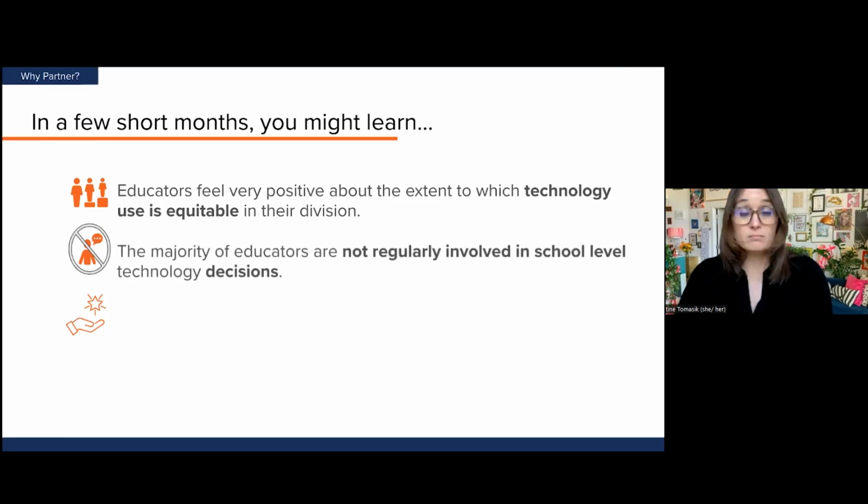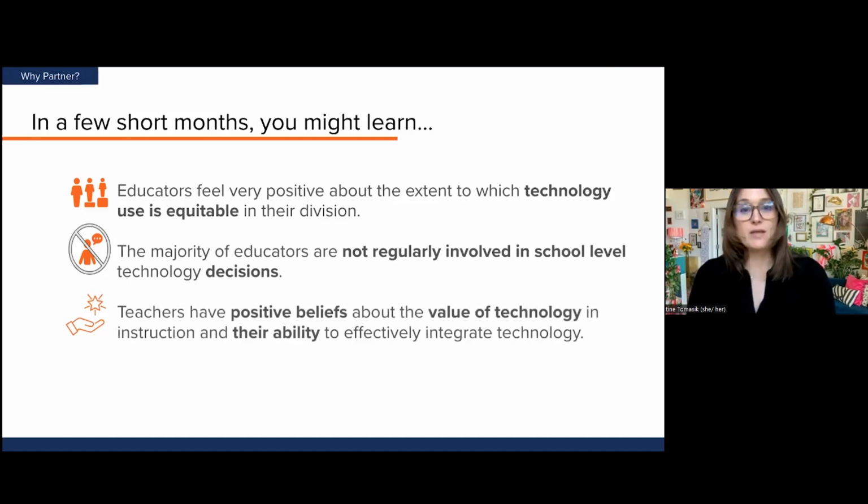You might learn most educators are not regularly involved with decisions related to which technology is purchased. You might also learn that teachers have positive beliefs about the value of technology and their ability to integrate technology into instruction. Former partners have learned insights just like these.